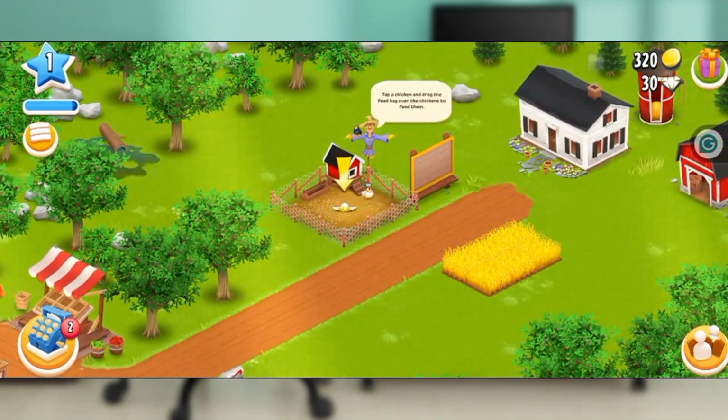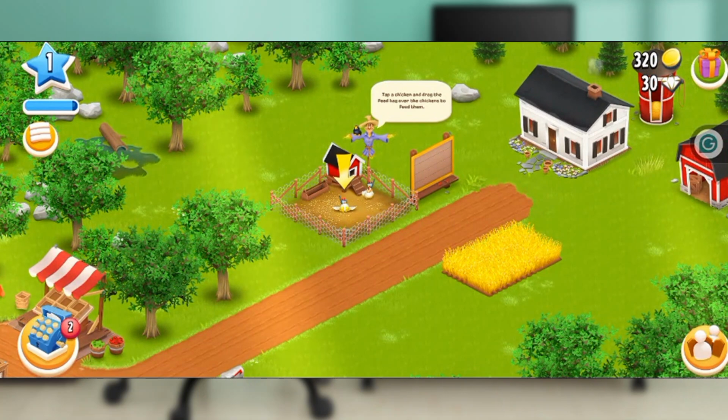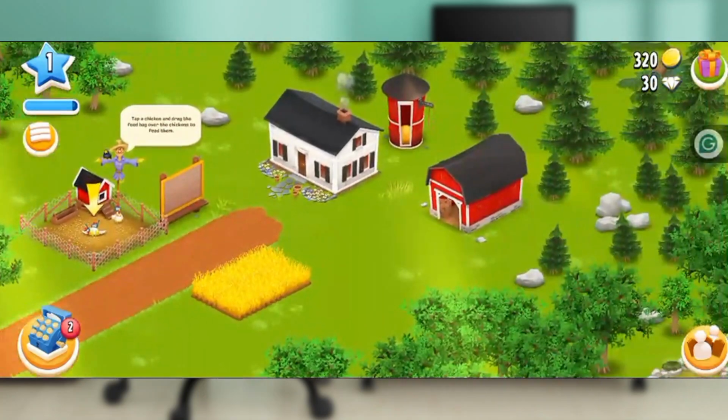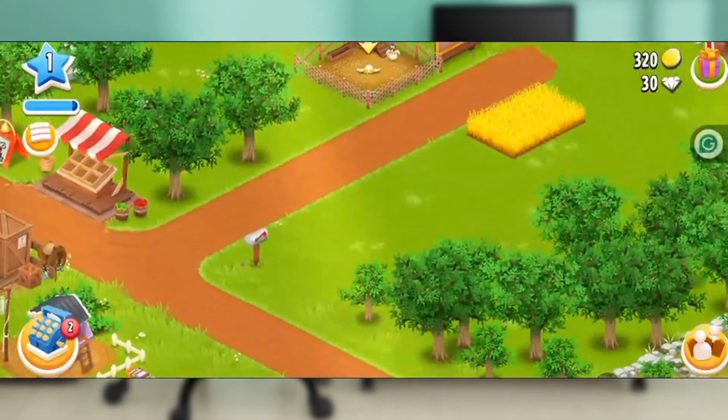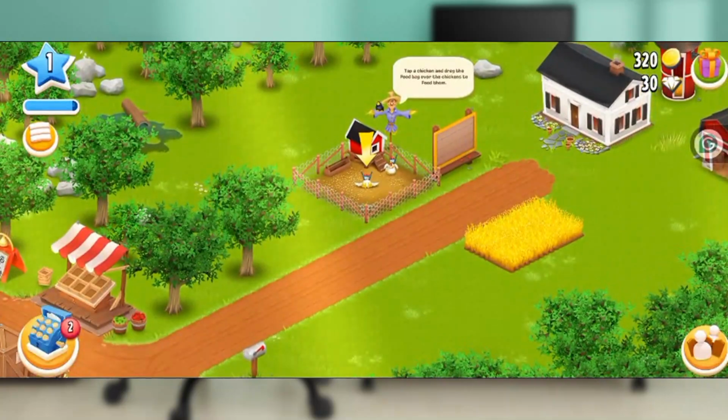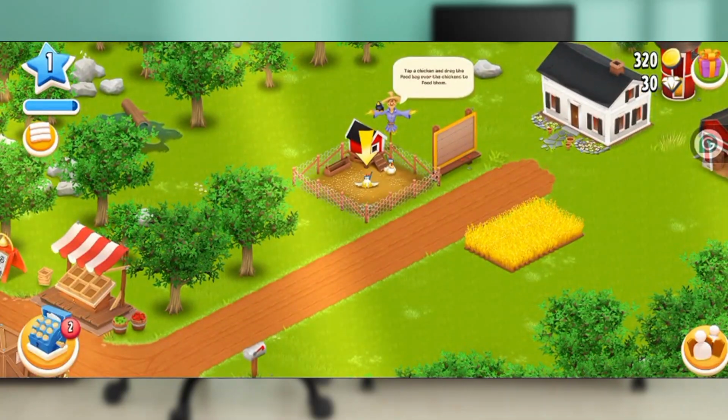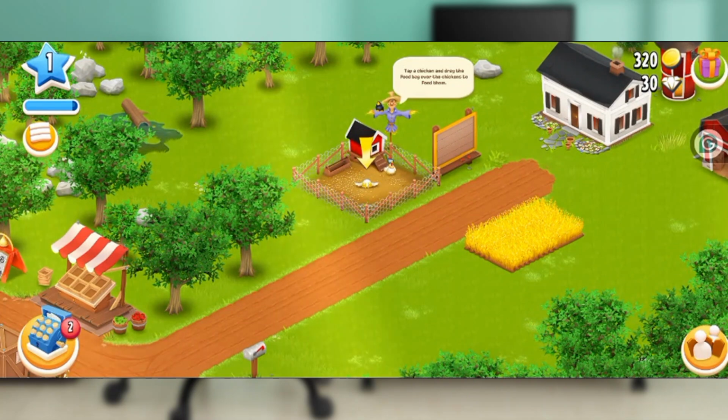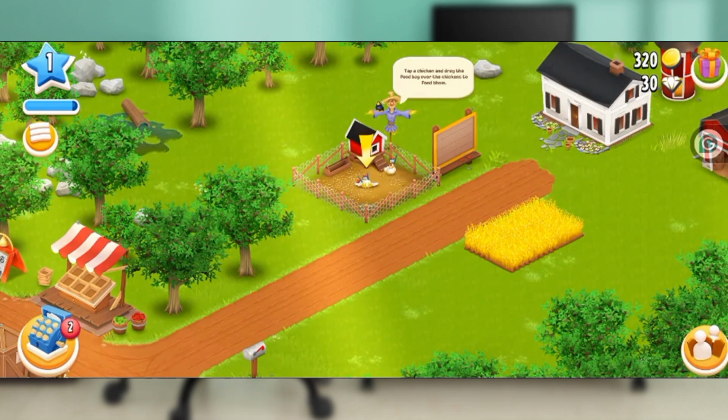So let's say you're done playing Heyday and you're just exhausted and just want to delete your account permanently because you found a better game and Heyday is now a little boring to you, just for whatever reason or the other. This is how you can delete your account. From this homepage,